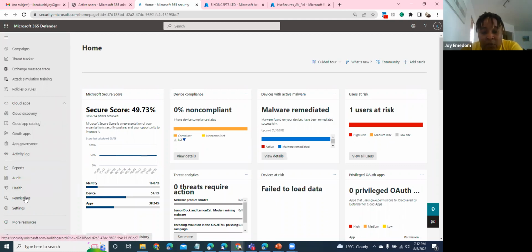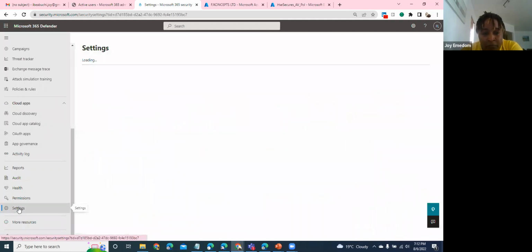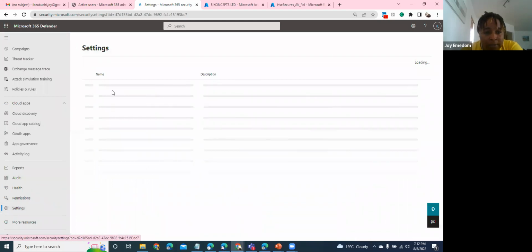Where do you get that setting? You come under settings, and